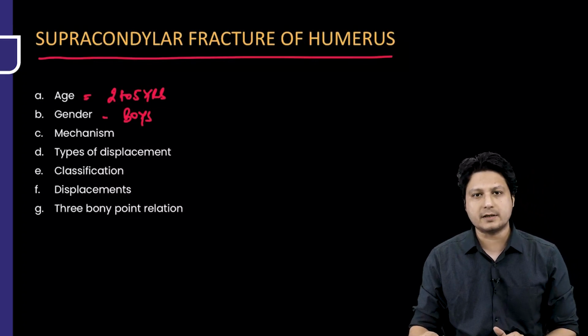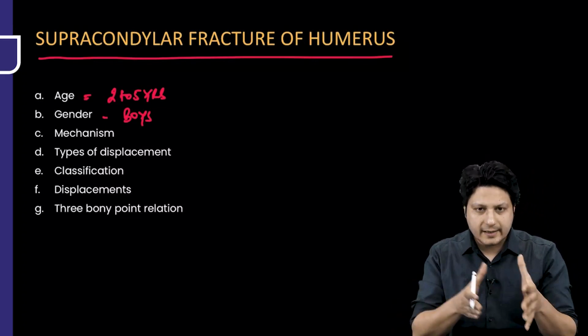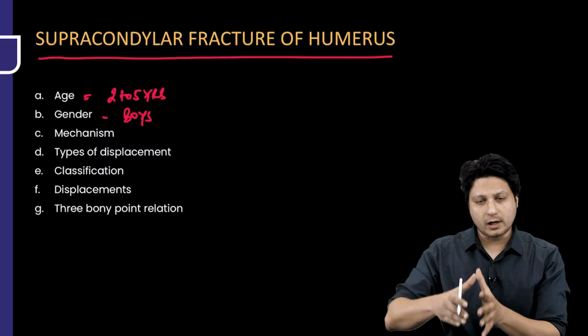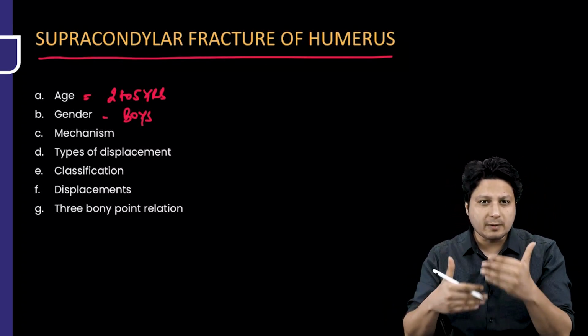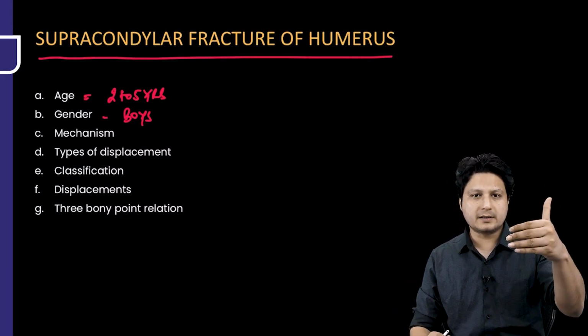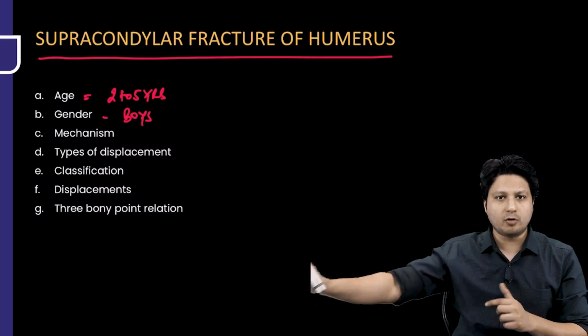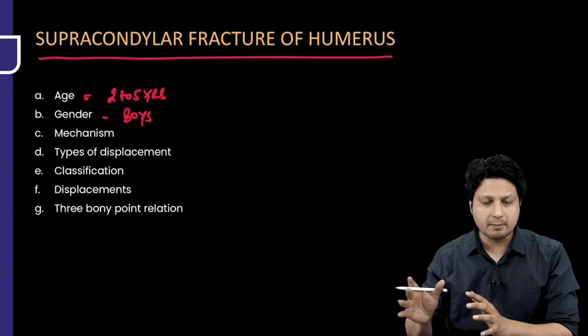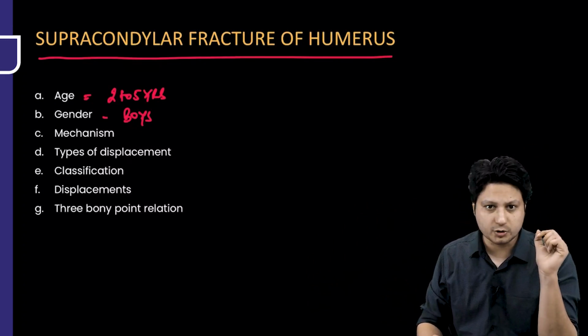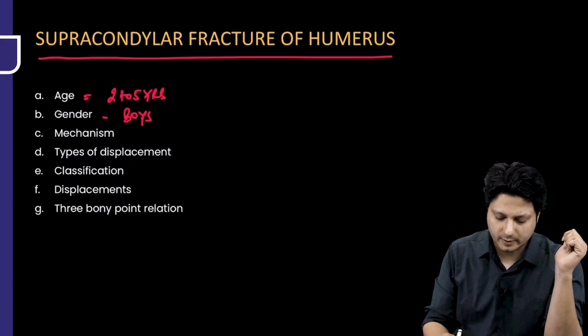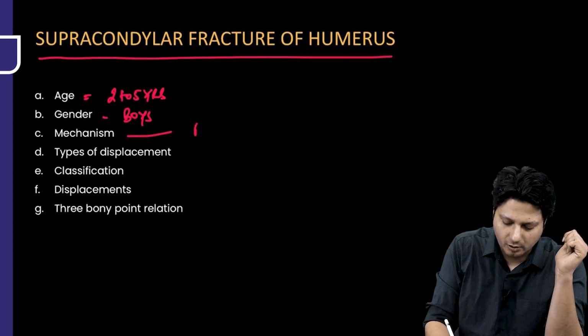You see, what happens is that in this age group, a child, particularly a male child, is extremely playful. He is climbing the stairs, he is climbing the tree and falling from the tree with the extended elbow, with the outstretched arm, which results in the fracture around the elbow joint. That is supracondylar fracture of the humerus. So what is the mechanism? It is the fall on